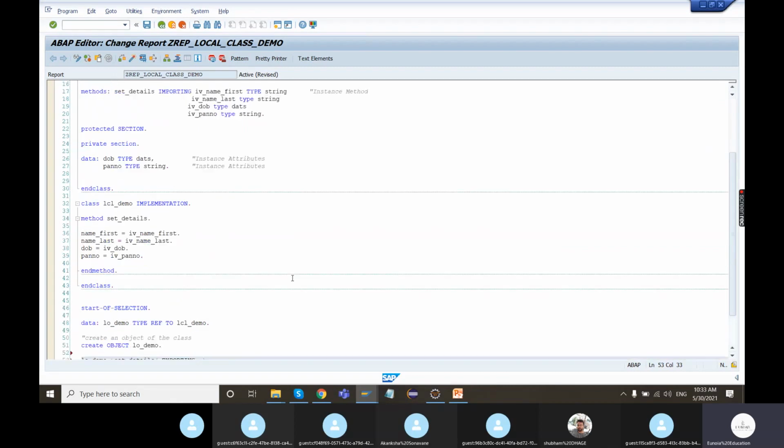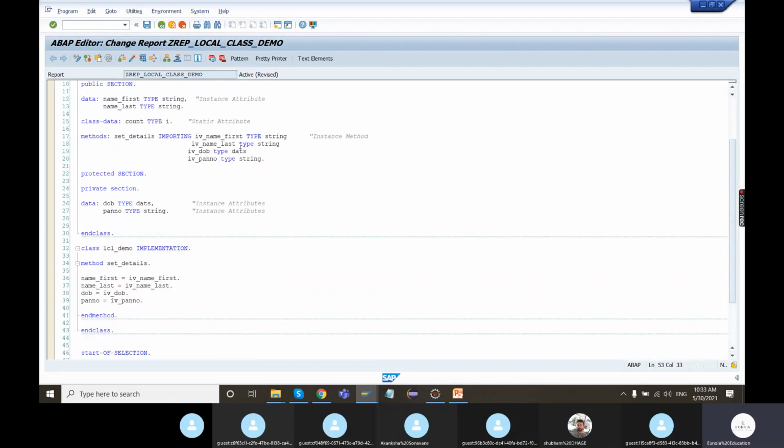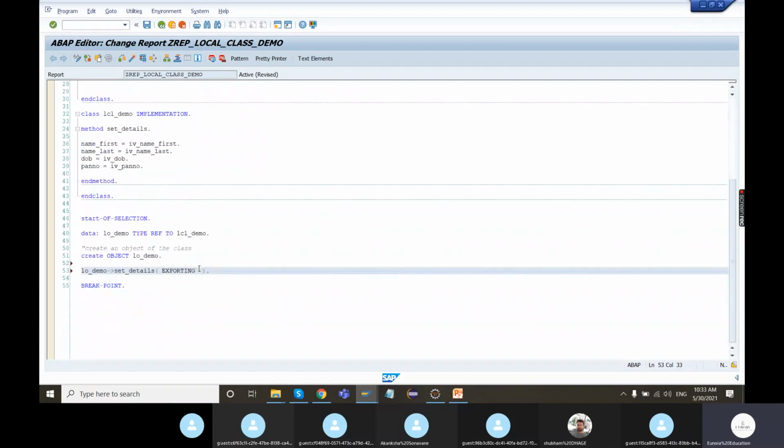Whatever the method is importing in its interface, while calling that method, we write that as exporting. It's a normal practice. This we do with function modules as well. You just type in the variable you need to send in. I want to send in the name first. I'll just type my name here.